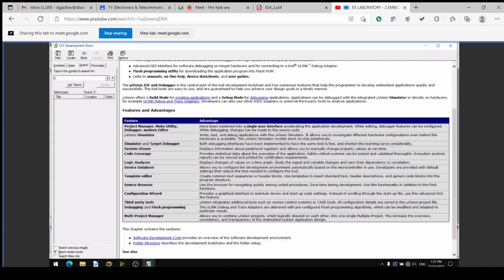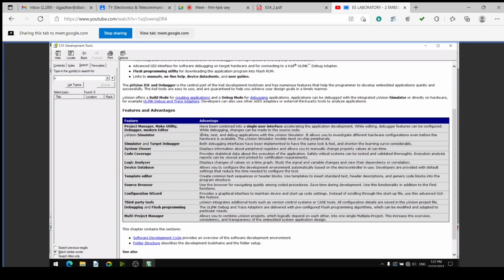They are combined in a single user interface and they accelerate the application development. While editing, debugger features can be configured while debugging, and changes can be made in the source code for developing, for changing, and for writing the source code. These are the advantages and uses of the project manager, utility, debugger, and modern editor.